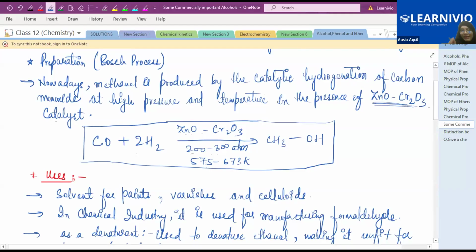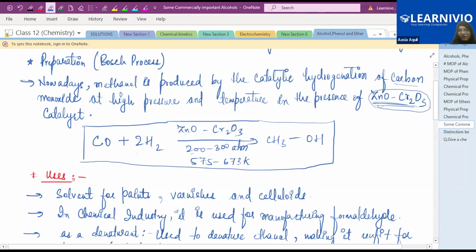So this is known as the Bosch process. What is the Bosch process? Methanol is produced by catalytic hydrogenation. Hydrogenation means the addition of hydrogen in the presence of a catalyst, so this is known as catalytic hydrogenation. Catalytic hydrogenation of carbon monoxide, CO, at high pressure and temperature in the presence of zinc oxide and chromium